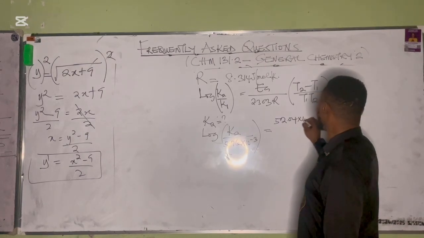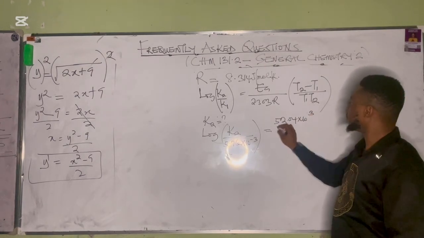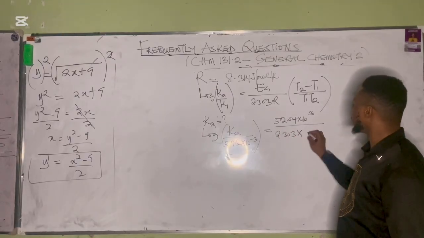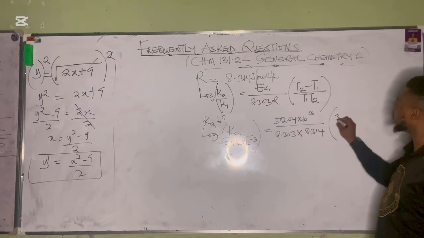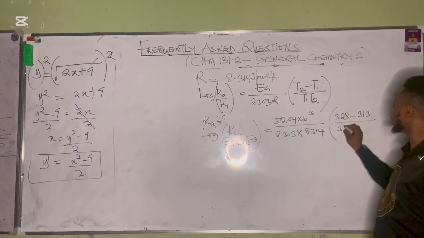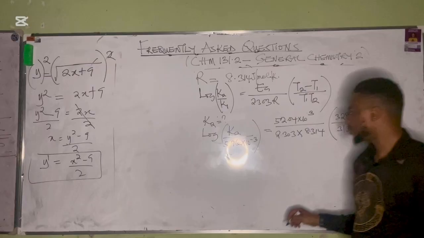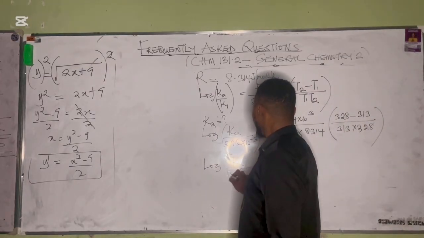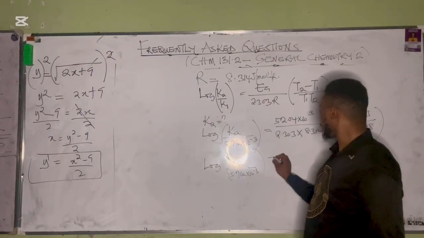2.0 times 10 raised to power minus 3, times 1000. So this is 2.303 times 8.314, bracket. Now T2 is 328, right? Yes. T1 is 313, right? Then this is 313 times 328. Alright, so we have log of K2 all over 5.76 times 10 raised to power minus 3 equal to,